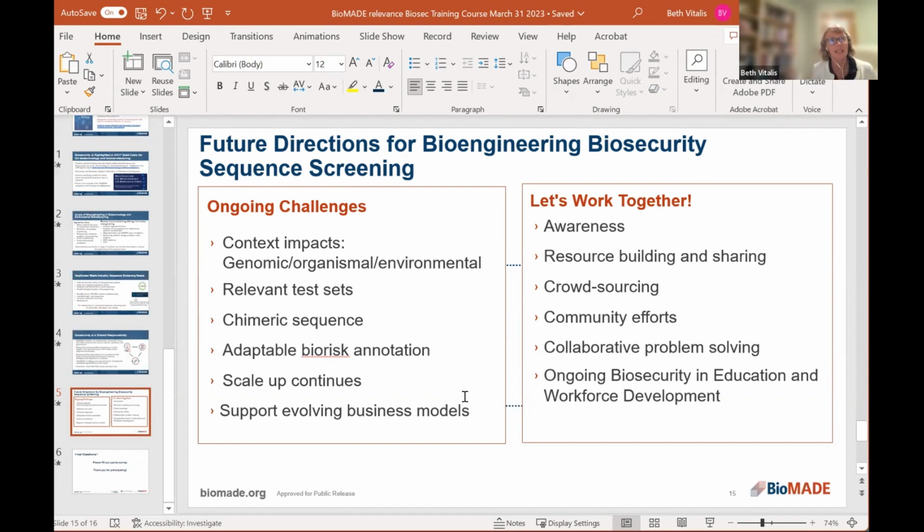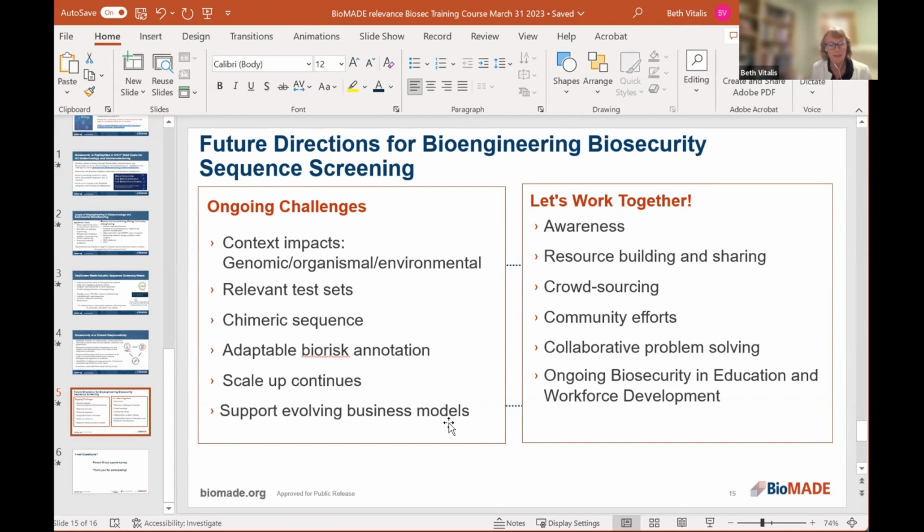But these are also areas where we could be seeking potential funding and support, where there may be some projects where we can work together to try to improve and advance SeqScreen and other computational programs that are carrying out functional prediction, as well as the taxonomical prediction. It was great that Kevin described some other programs as well. So I just put out some of the challenges, some of the things we're thinking about.